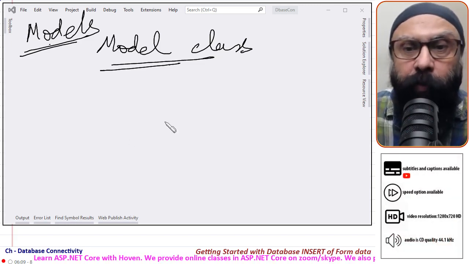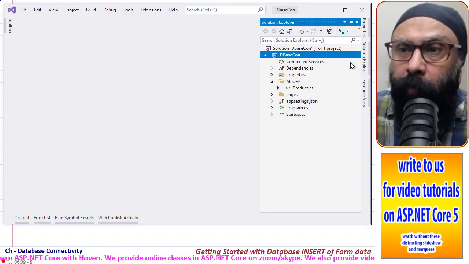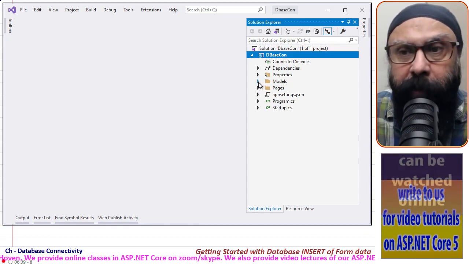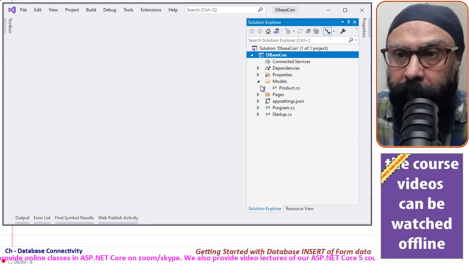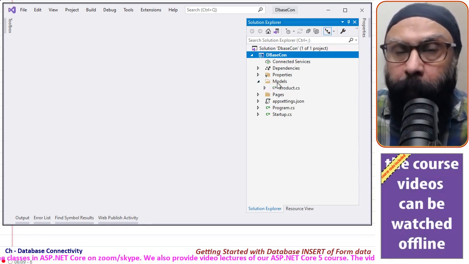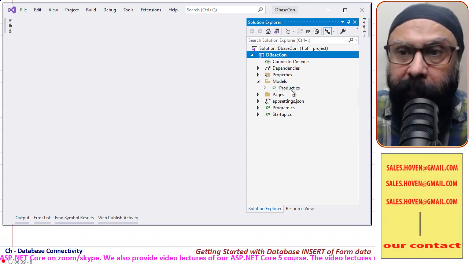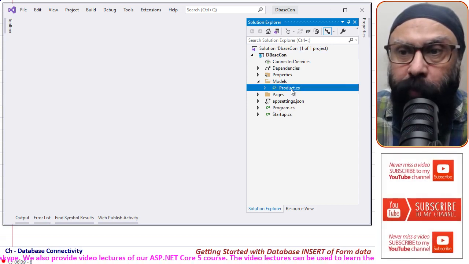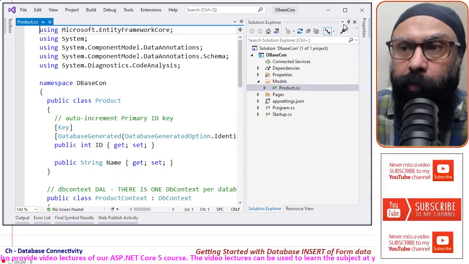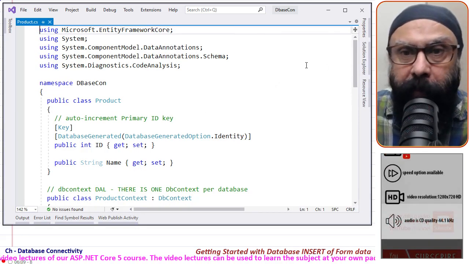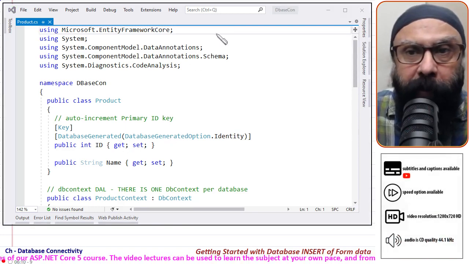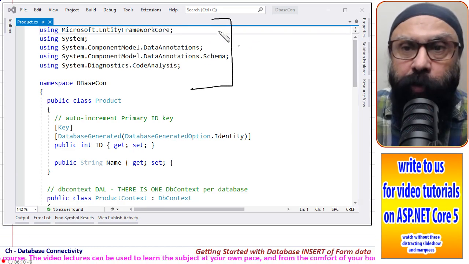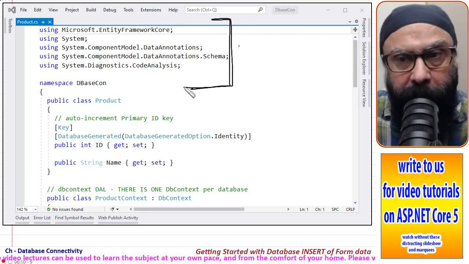So what we will do is go to the Solution Explorer. Don't worry about this project's complexity, it is nothing. I'll explain all the steps. Create a Models folder, and inside it we have created a model called Product. I'll show you what I have written in this Product class. Double click to open it, and these using directives, these namespaces, you should come back to check in case you find some